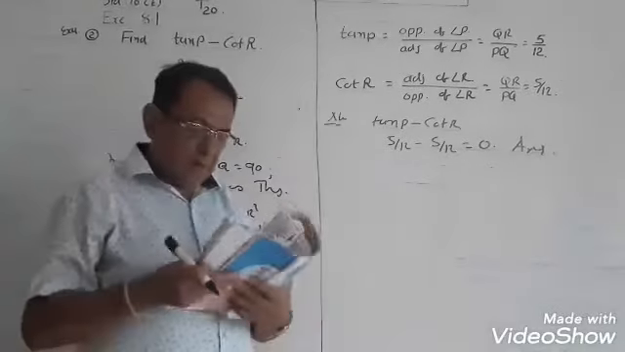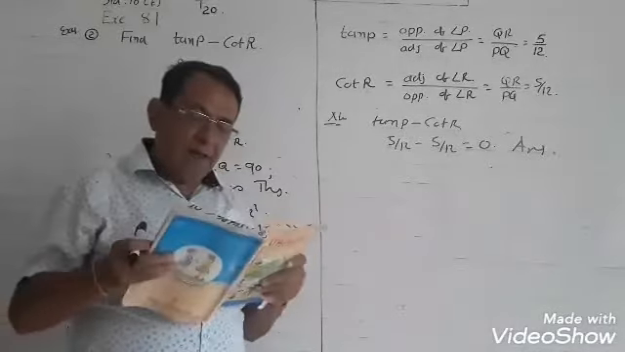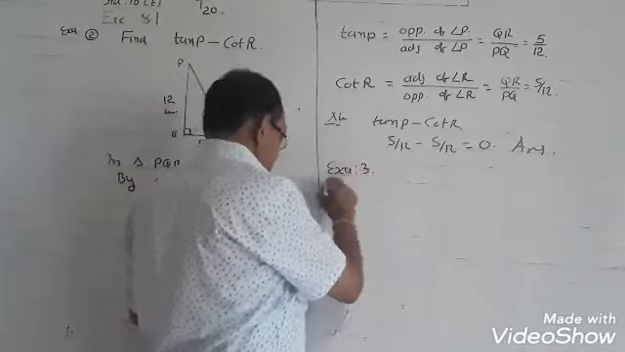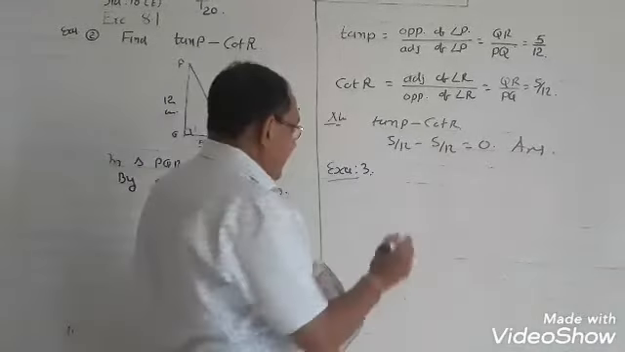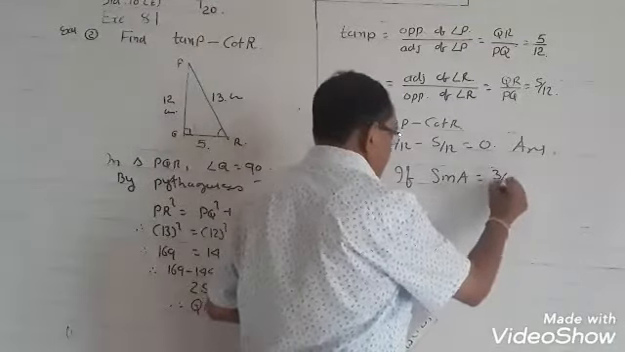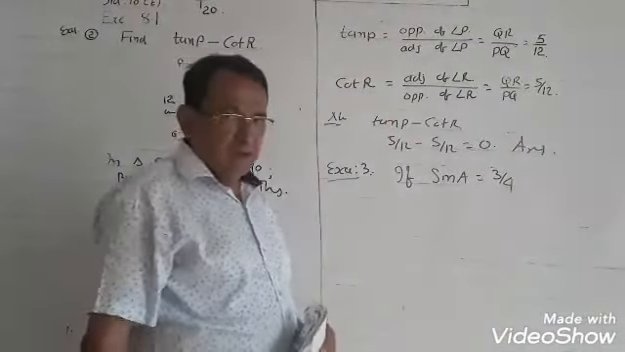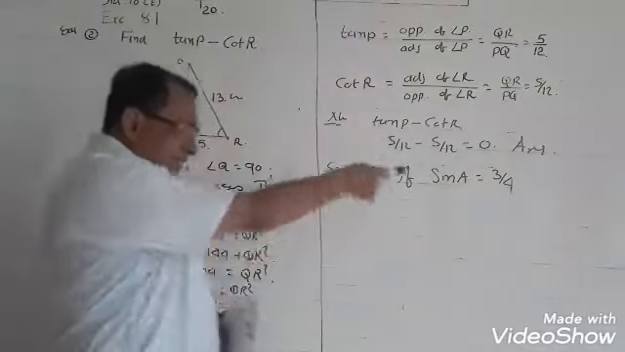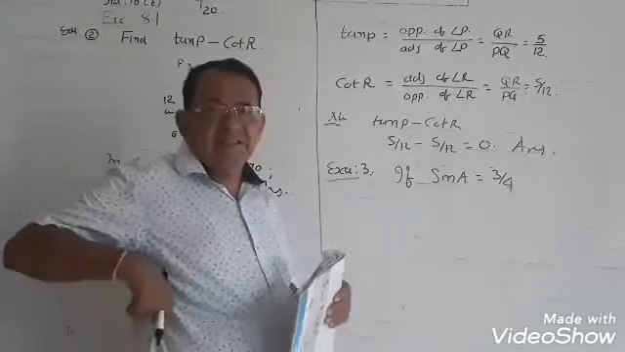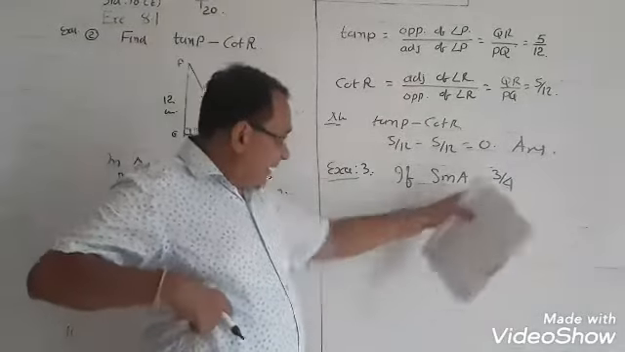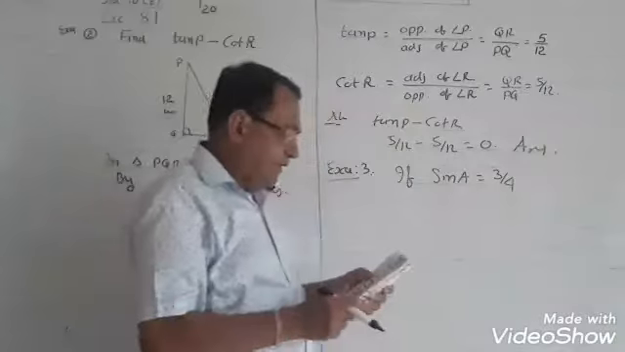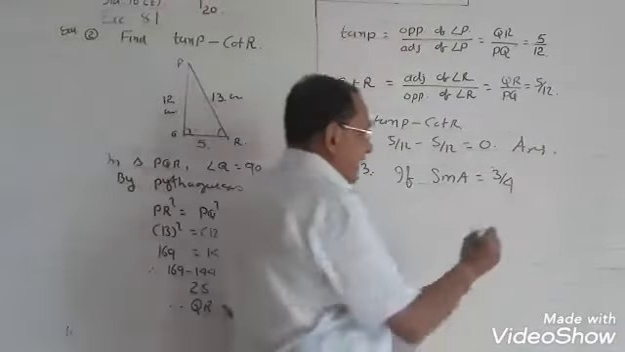Now example number 3. If sin A is equal to 3 upon 4. Now he has given the ratio. Earlier you were given the sides directly, here he has given the ratio. Indirectly he has given the sides: opposite side and hypotenuse. 3 is your opposite side, 4 is your hypotenuse. Calculate cos A